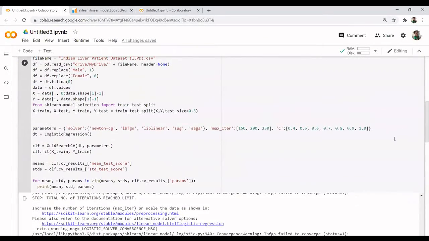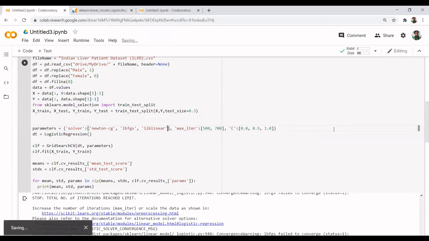So here it's always a good idea to reduce some parameters first and check are we able to go with those iterations. So let's say I'll specify a very high number, let's say 500, 700. I am removing these smaller numbers and I'm removing a few parameters also just to save some time.